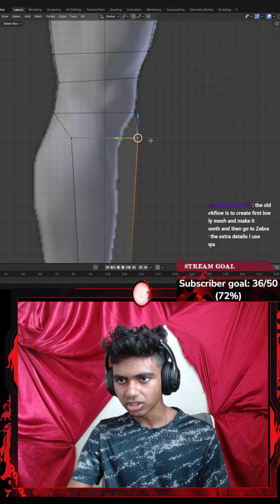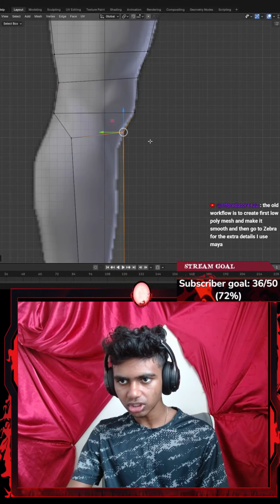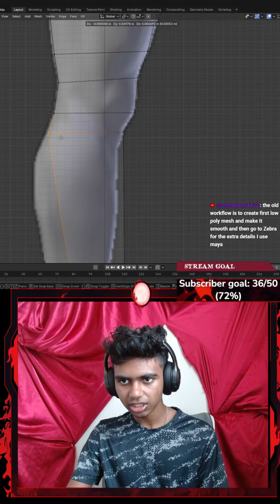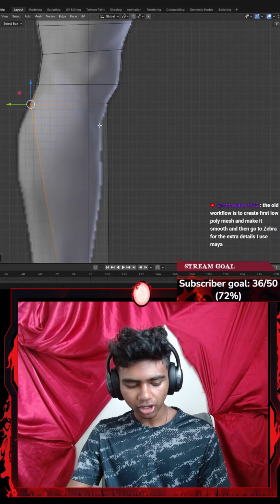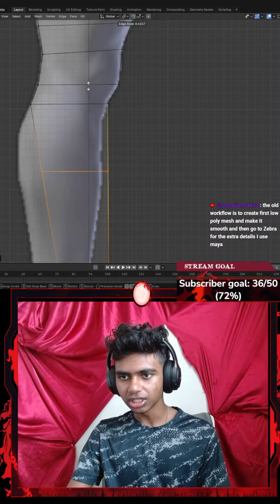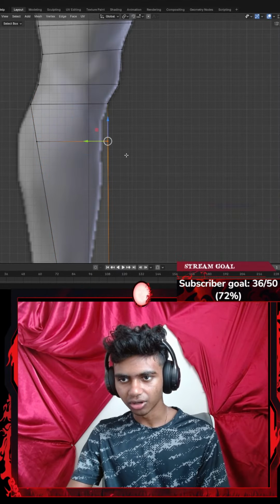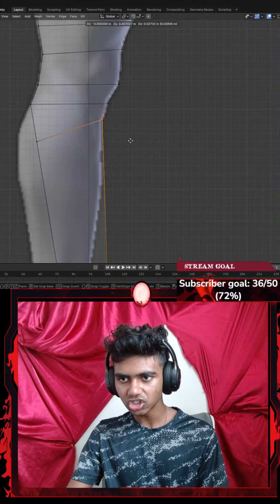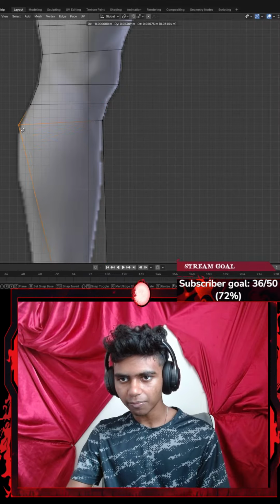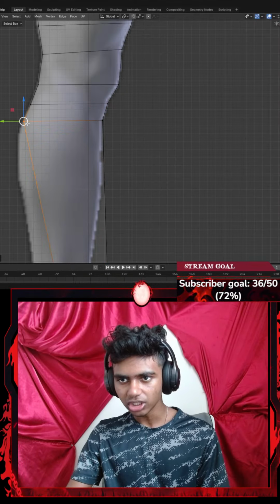Go there, and then let's go ahead and select this. Let's go with something like G. Go all the way there. Copy that. Go all the way there. Now, I'm gonna go ahead and create another loop cut. Let's go ahead and get this a bit higher. Let's go ahead and select that part. Go with something like G. Right there, select that part. Go ahead with something like G there.